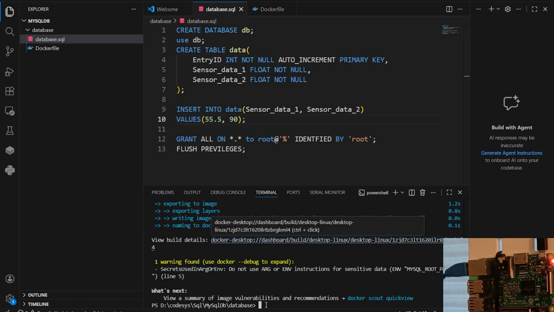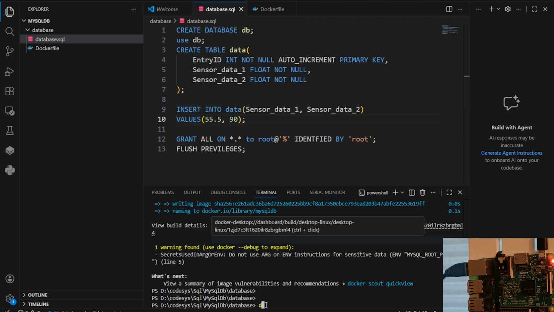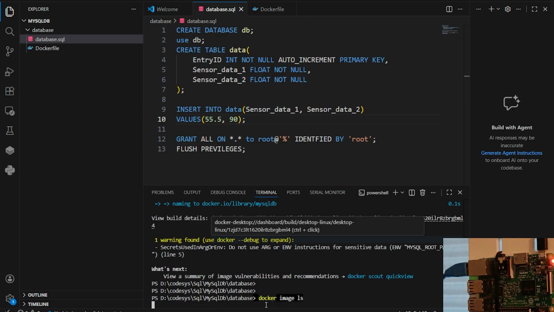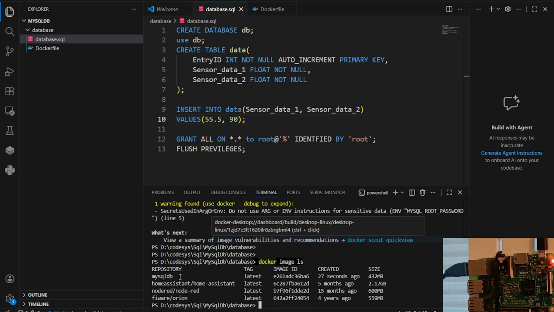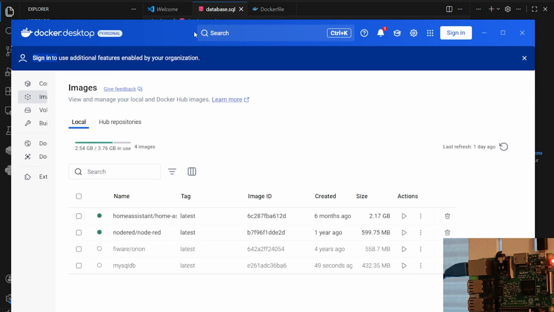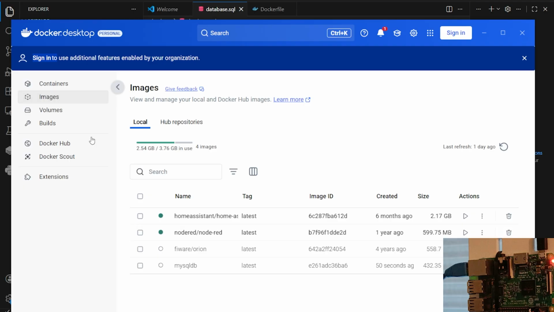Okay, now our image has been built. If we run docker image ls, we should be able to see, alongside the images that I do have, our new built image over here. And actually, if you have Docker Desktop, you should also be able to see it. So if I open Docker Desktop here, you should be able to see your image in images. So there you are. Now we can comfortably create a container from this image,